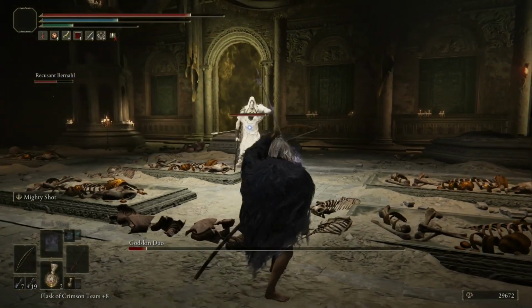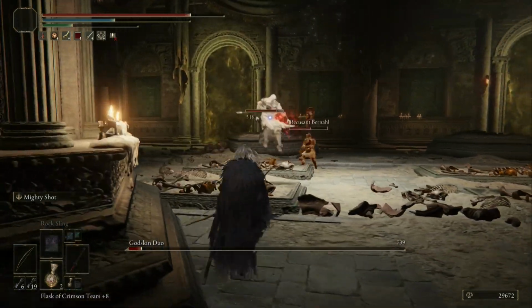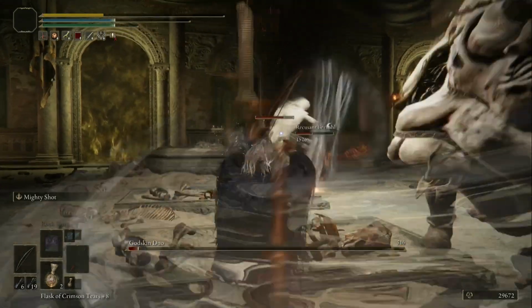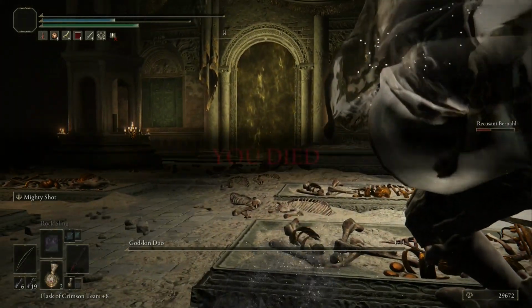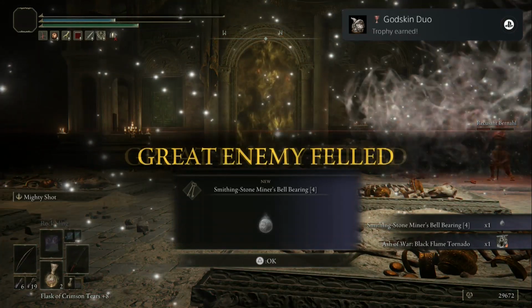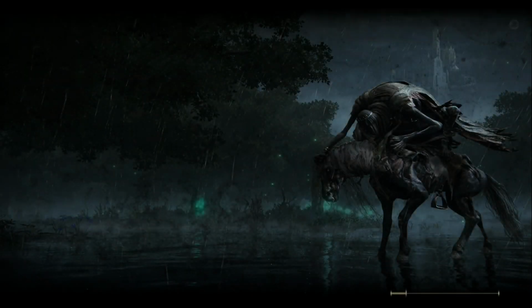I think the Godskin Noble does fall asleep faster than the Godskin Apostle, so he does a little bit more. Okay, so right here I actually die. The Godskin Noble respawns and sneaks up on me. But luckily Wretches and Bernal actually kills the Godskin Duo and brings their health down. So I was saved by Bernal, and because they died, we got the Ash of War Black Flame Tornado, which